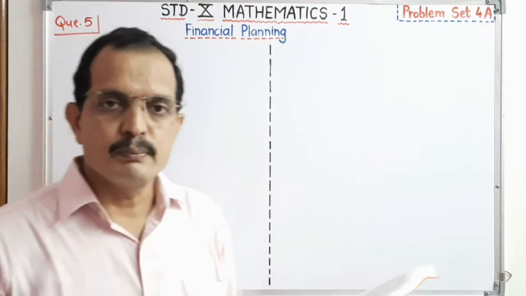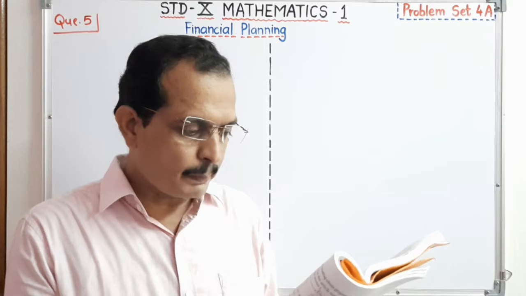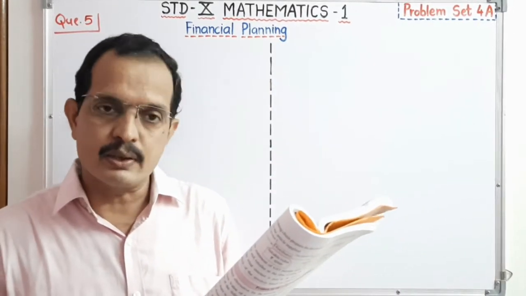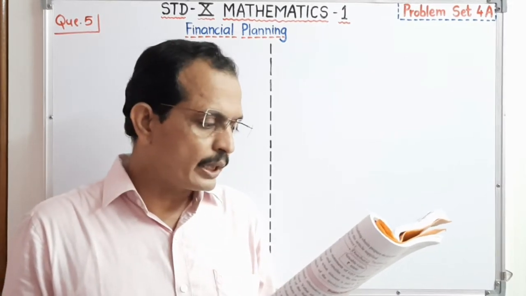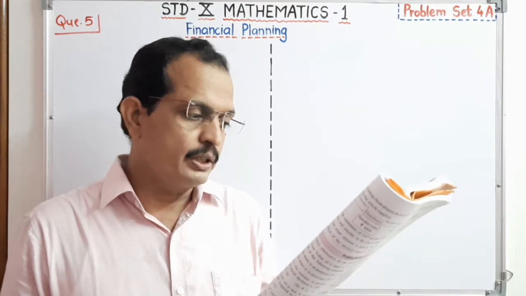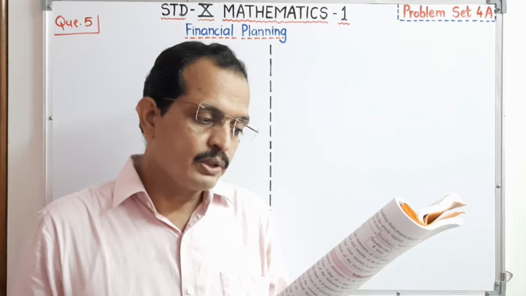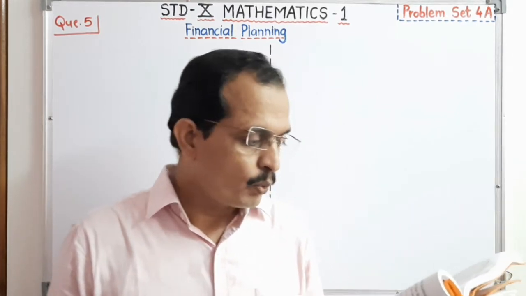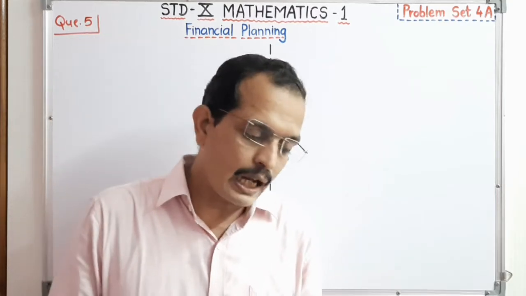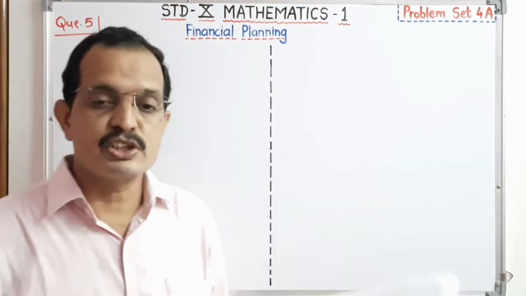See the question number 5th one. Srimati Malhotra purchased solar panels for the taxable value of rupees 85,000. She sold them for rupees 90,000. The rate of GST is 5%. Find the ITC of Srimati Malhotra. What is the amount of GST payable by her? See here, we have to find out ITC and the second, GST payable.